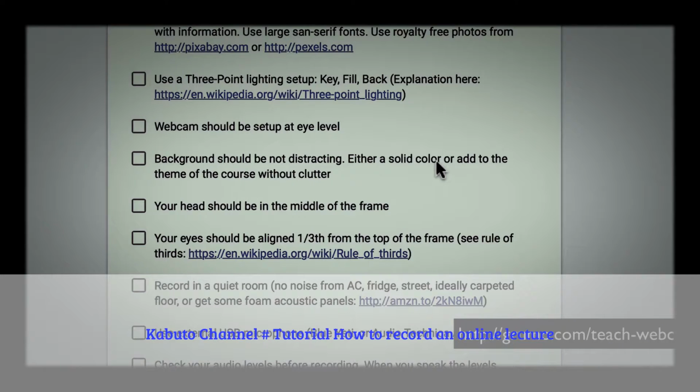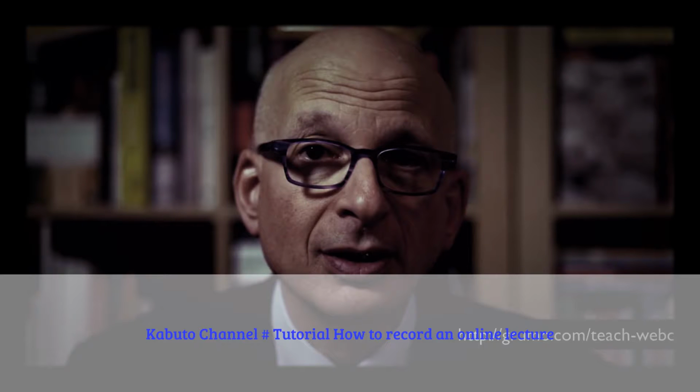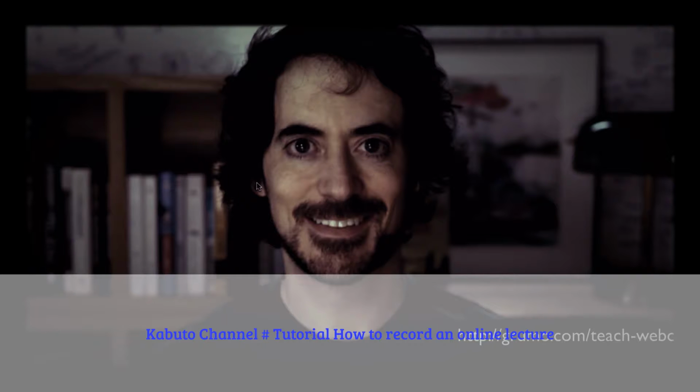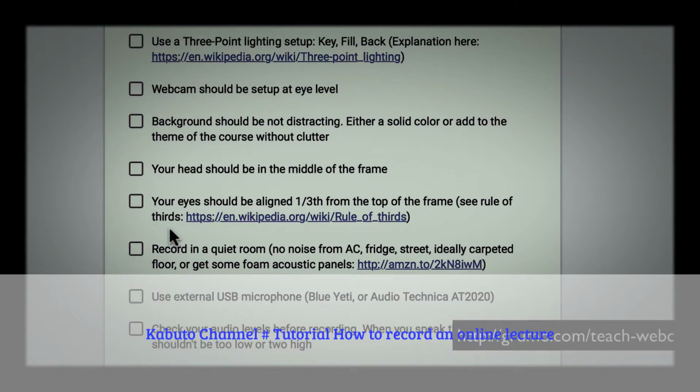Use either a solid color or whatever is on the background should add to the story. It shouldn't be distracting. So if you're talking about photography, you should have maybe camera equipment in the back. If you're just talking about writing, maybe you should have books in the back. Something that is not distracting, but matches the theme of your course. Your head should be right in the middle of the frame. Your eyes should be aligned with the top 1/3 of the frame, following the rule of thirds, and there's a